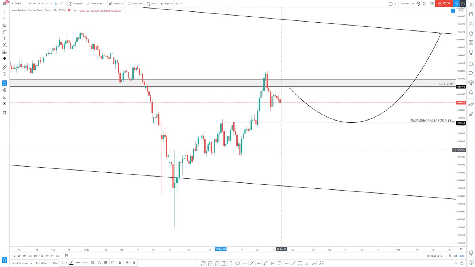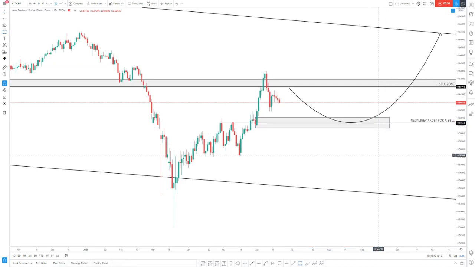And looking closely at this point, this is a CP, a continuation pattern. So there is a huge tendency of price coming back into the CP before we see the opportunity to go long on NZD. And also looking at this swing low to this swing high, if I do place my Fibonacci at this area,